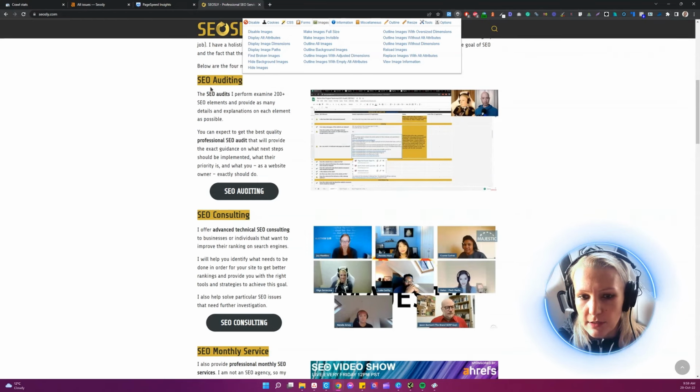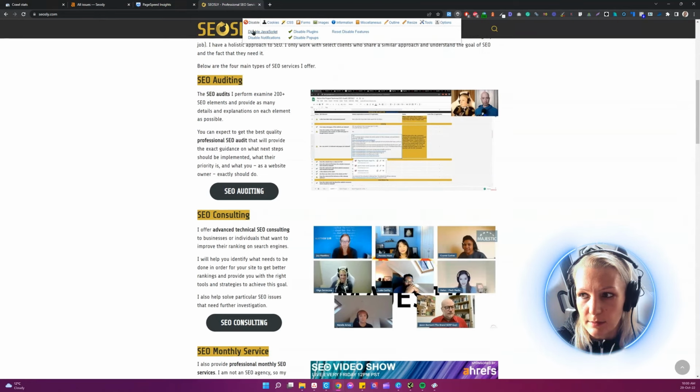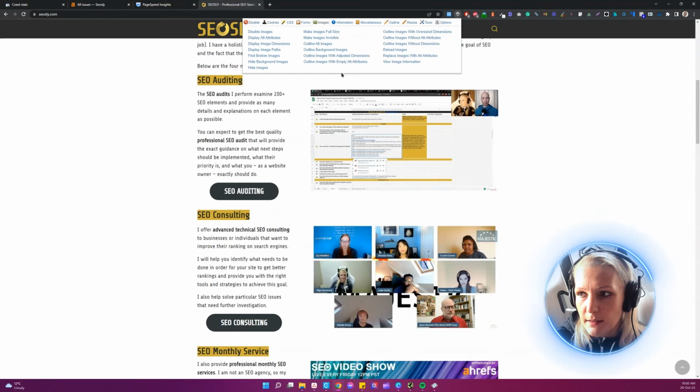Because with that functionality you can, for example, check, okay, this content is edited with JavaScript, so now I know that I have to check that in more depth to see whether Google is able to index and see that JavaScript-edited content. So Chrome Web Developer is an essential tool. As you can see, you can disable JavaScript. Here you have images,